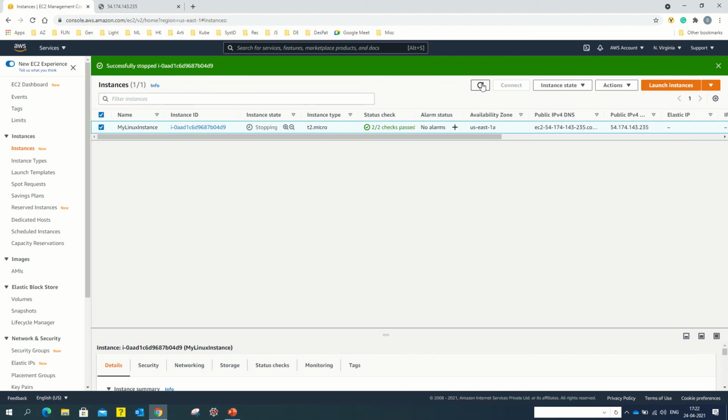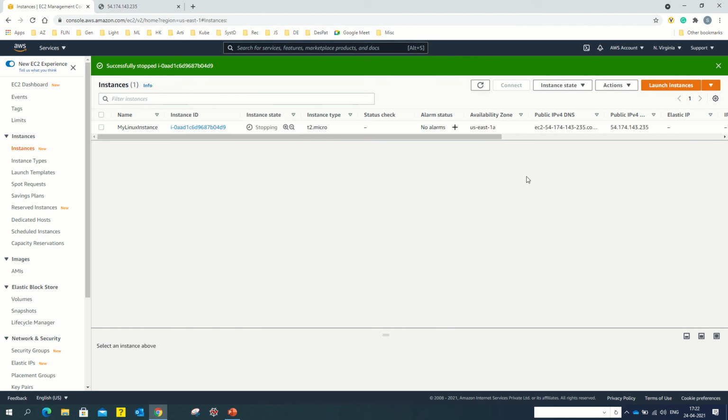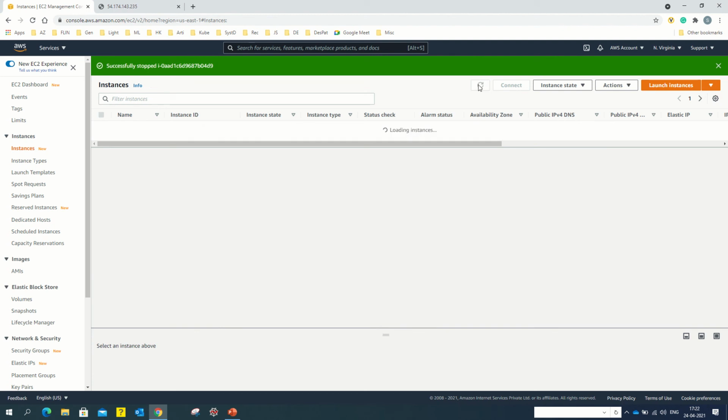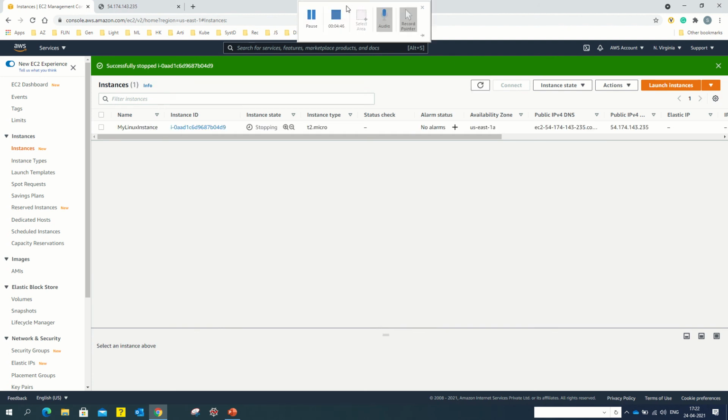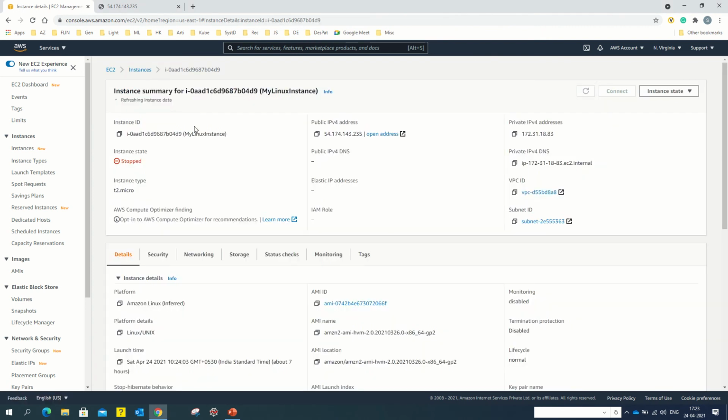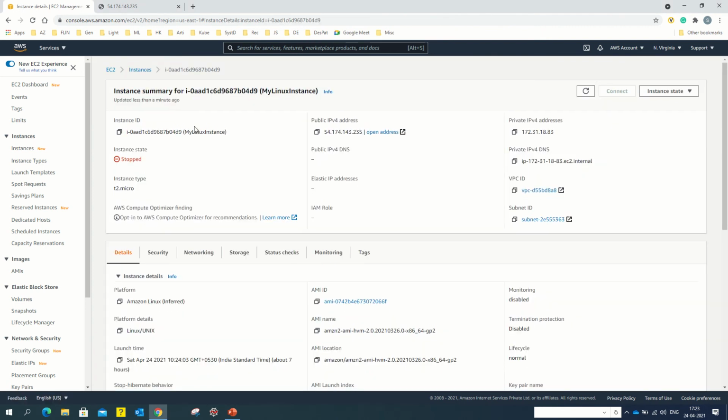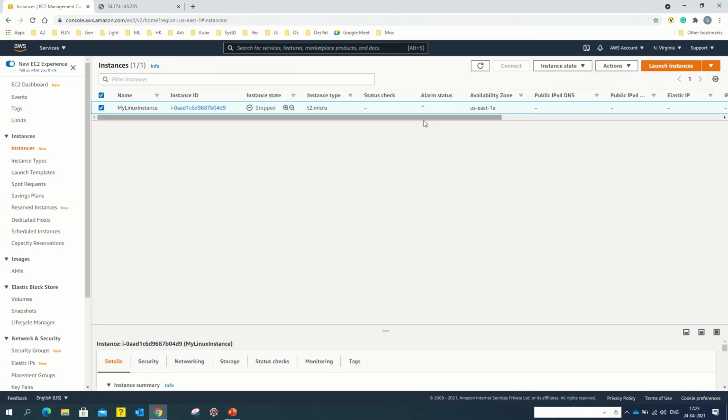Let me refresh this. As you can see, I have already stopped my EC2 instance. Now it is in stopped state. Now let me restart this server again.